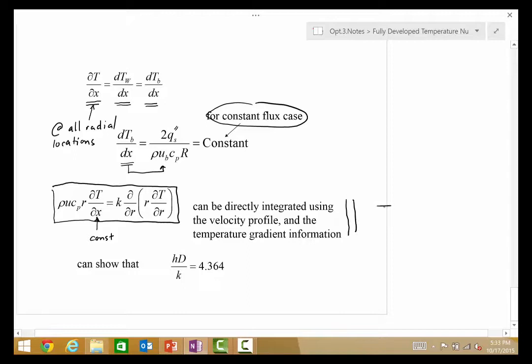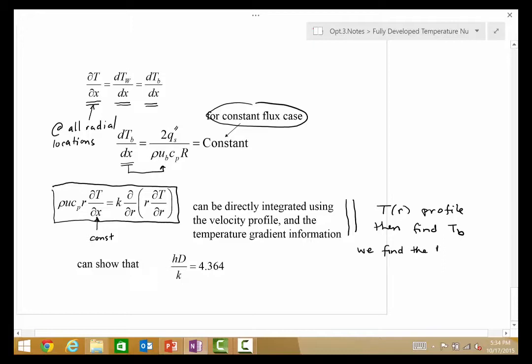Once we get the temperature distribution, which is really a T of R profile, then we find TB, and once we find TB, we find